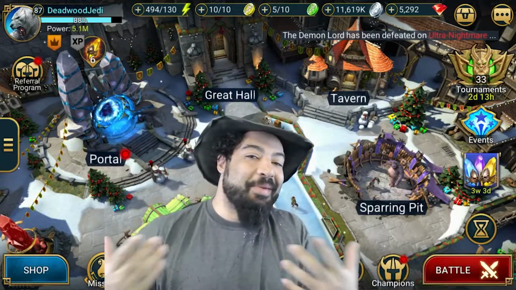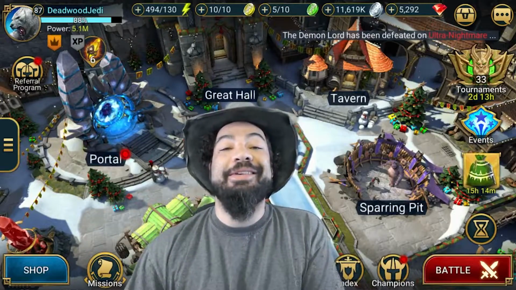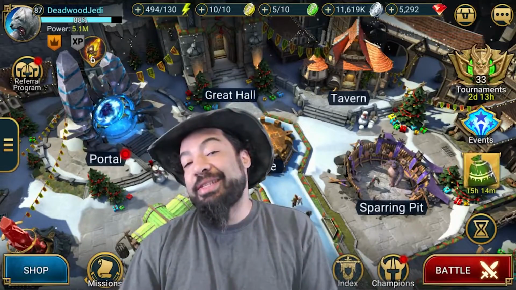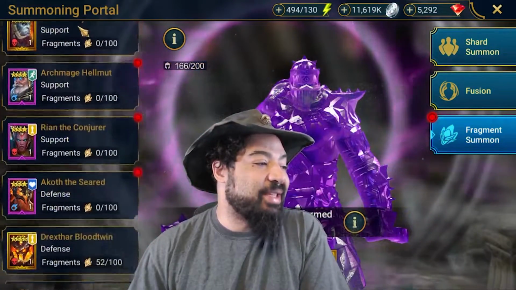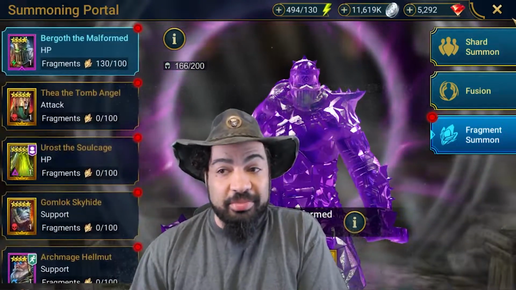It is Monday morning for me, and I woke up and the Doom Tower was here, guys. So I figured we could do a quick little look and see what's in there and some of the stuff that we're going to be checking out. Obviously, there are a whole bunch of new champions, so you can see the fragment summons here. A bunch of these are champions that we're going to be able to get through the Doom Tower itself, which